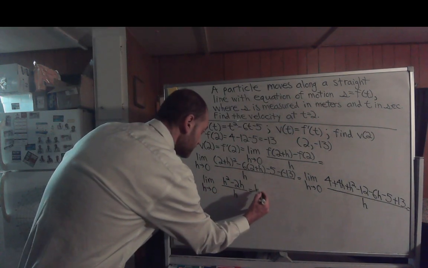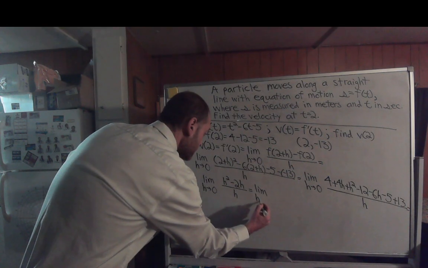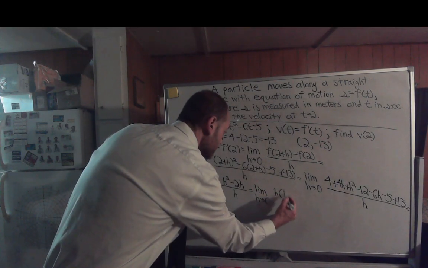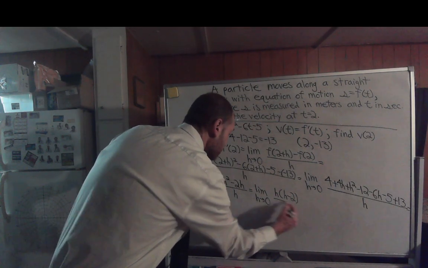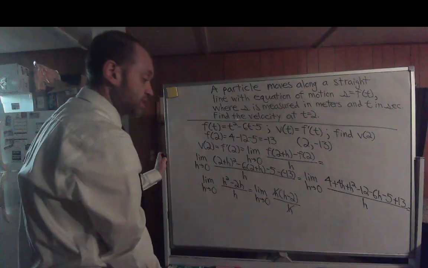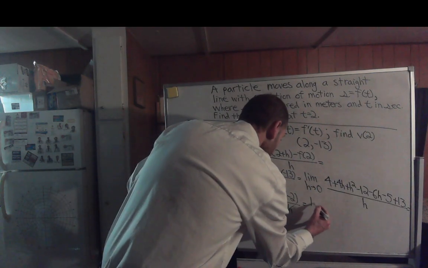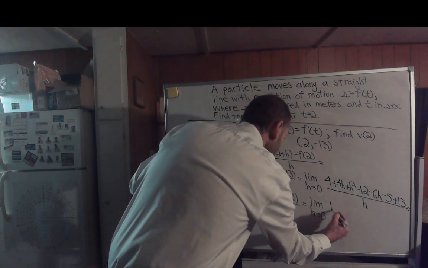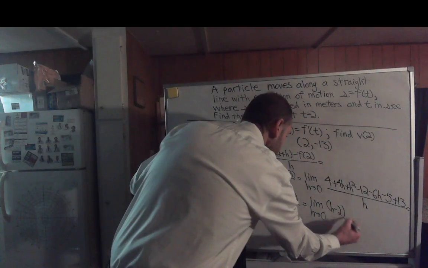This would turn into the limit as h approaches 0 of h times the quantity h minus 2, all over h. Of course, a common h cancels out. This would just turn into the limit as h approaches 0 of h minus 2, which we can do direct